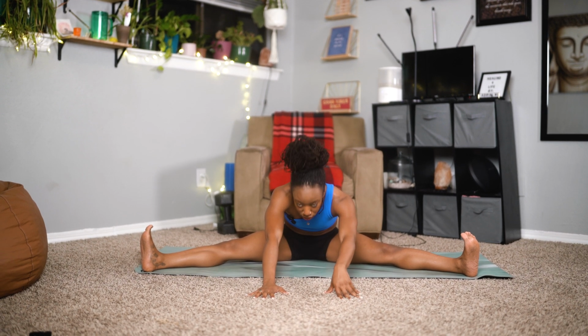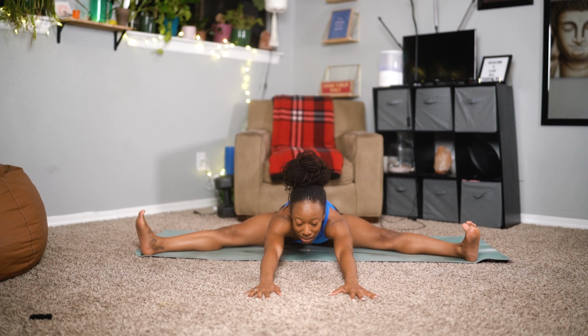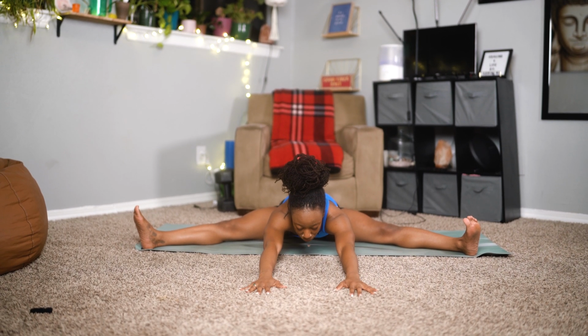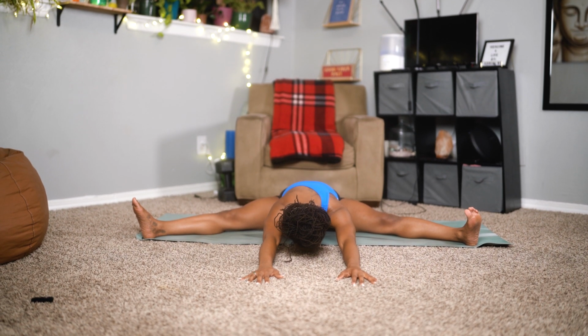Once the back starts to curve, that's when you stop. So walking the fingertips forward, forward, forward, keeping the spine nice and long. Once you find your edge, relax your head and neck. And we're holding here for 10,